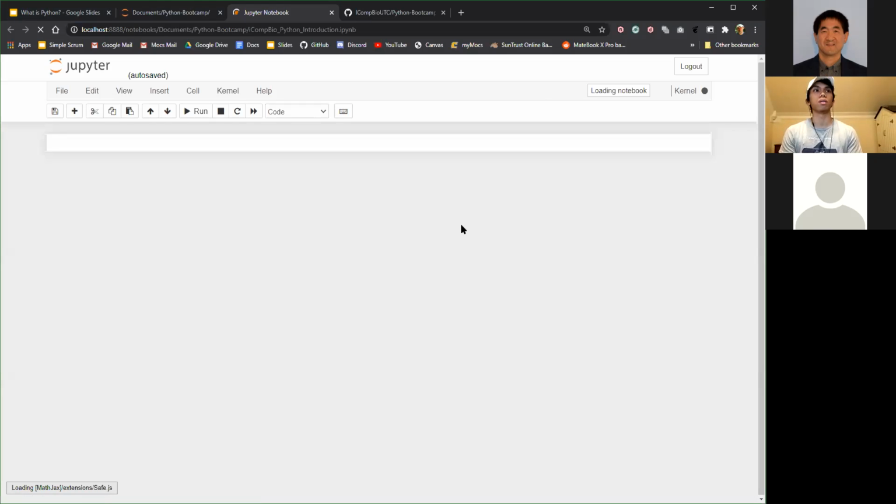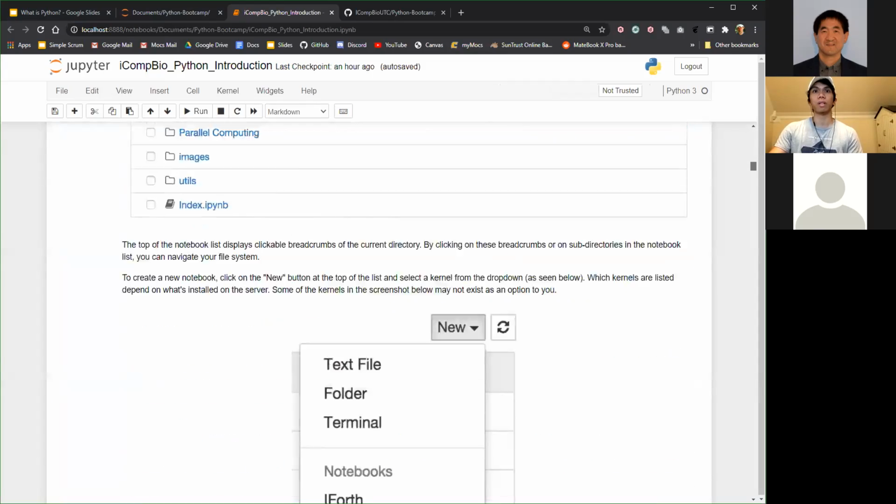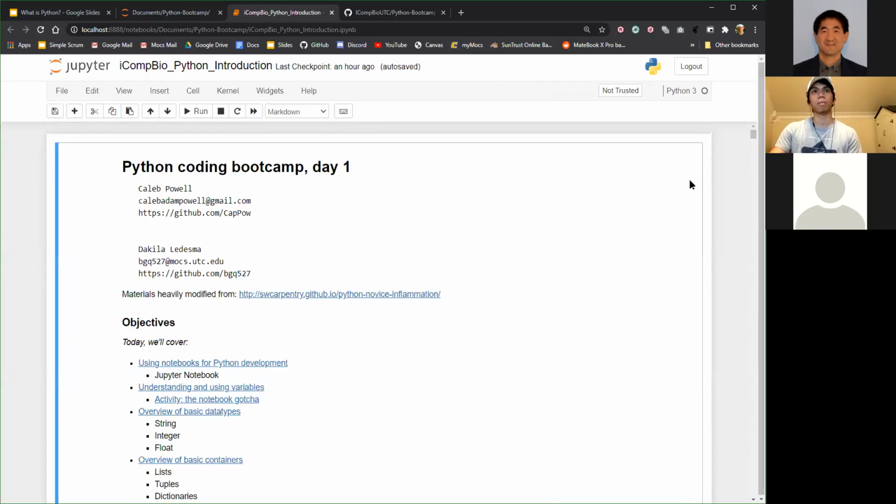Again, if you're downloading something or if you're struggling to keep up, feel free to interrupt me. As you can see, this is an entire notebook filled with all sorts of notes for Python programming. This was written by Caleb and I. Caleb is a collaborator of mine within Dr. Shah's lab. And we created this notebook in order to help ease people into programming in Python. One thing that's particularly jarring for most programmers